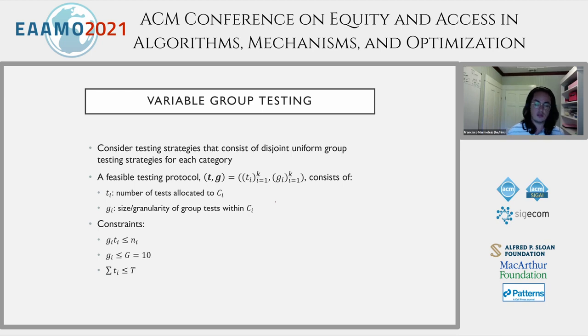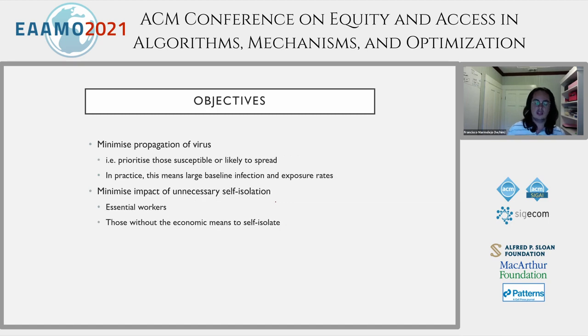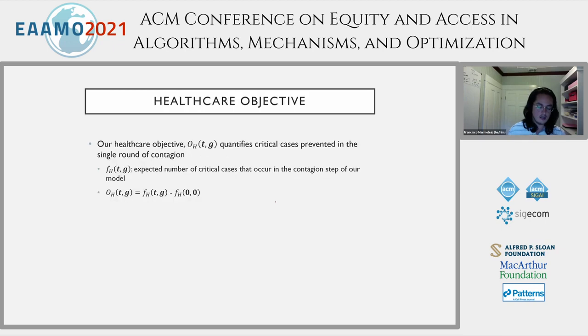And so we have certain constraints that we want to respect. And we assume a single step of a very simple contagion model, where initially individuals are infected with an independent probability of infection as per the segment rules. And subsequently, the population is tested according to whatever strategy we have. And as a function of tests, the containment happens, and then further infection happens after the fact. And after this infection, we want to minimize the propagation of the virus and unnecessary self-isolation. So we measure and we can compute empirically,